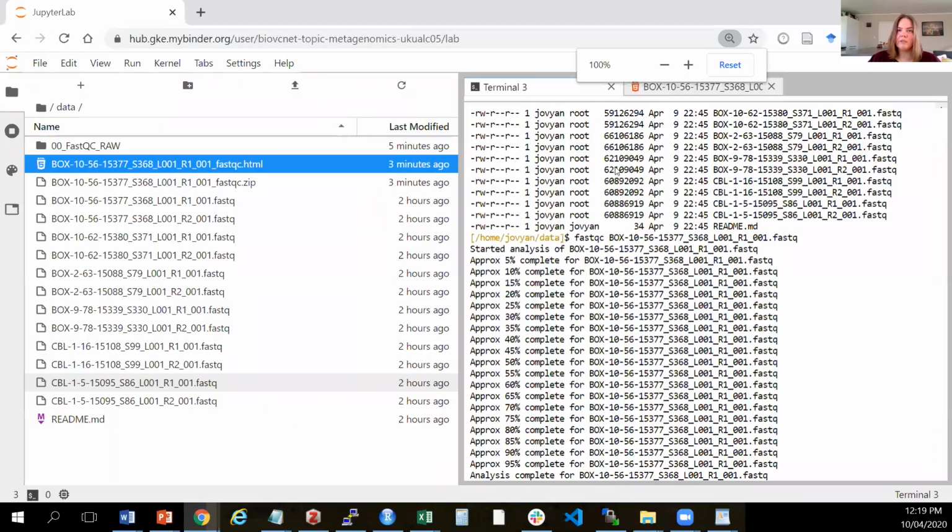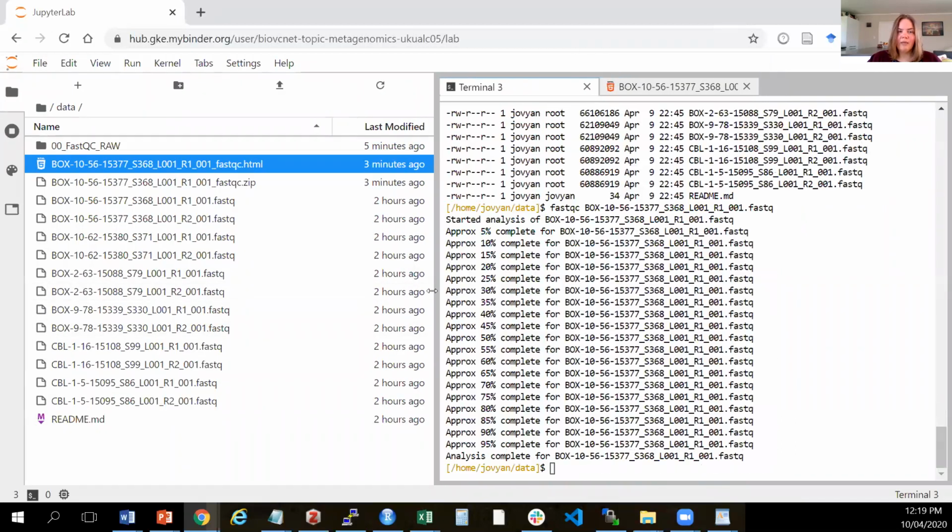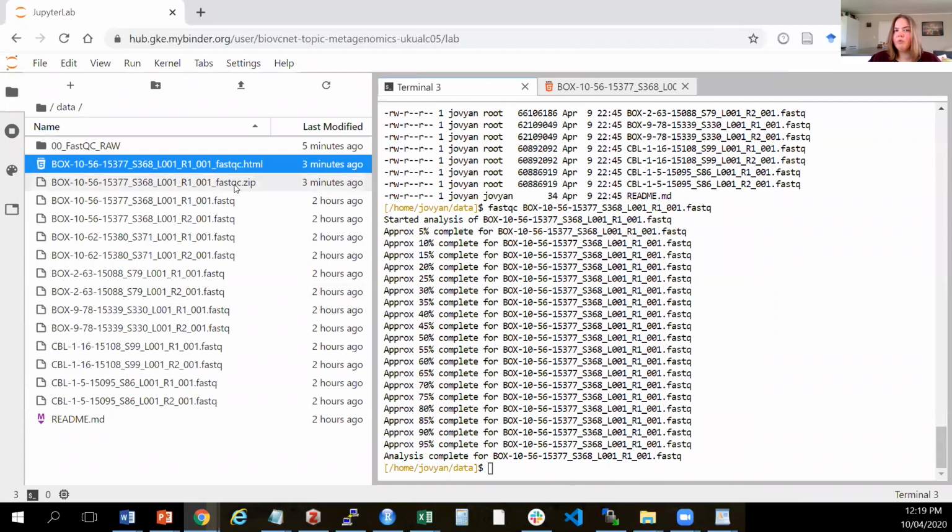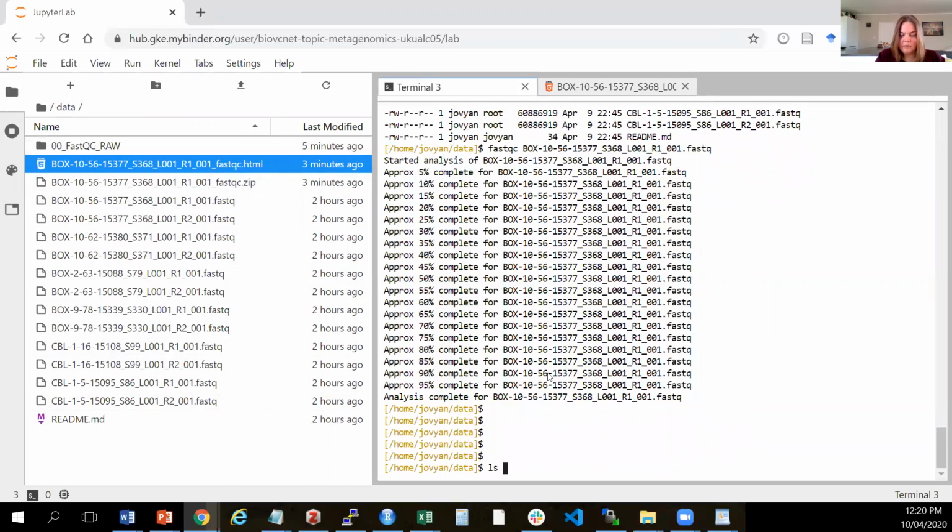Right, there we are, perfect. We zoom back in. What I'm going to do is remove these two files to begin with, just because I want to show you how to run a loop on these files and to push the output to this directory here. So if we just give ourselves a little bit of space,